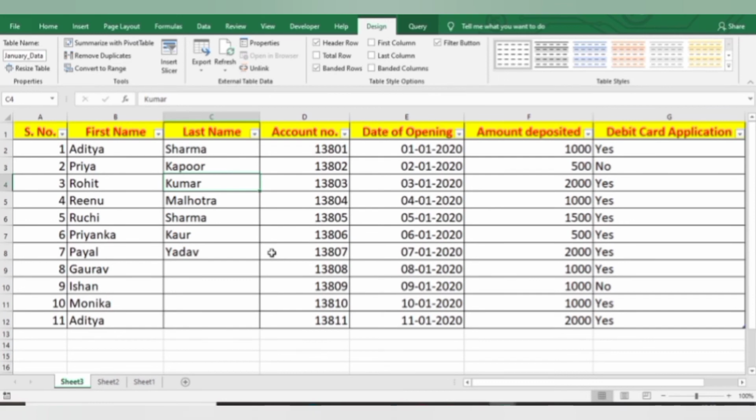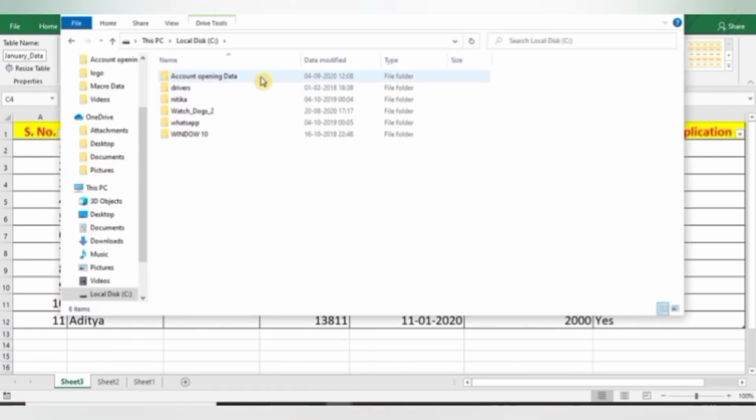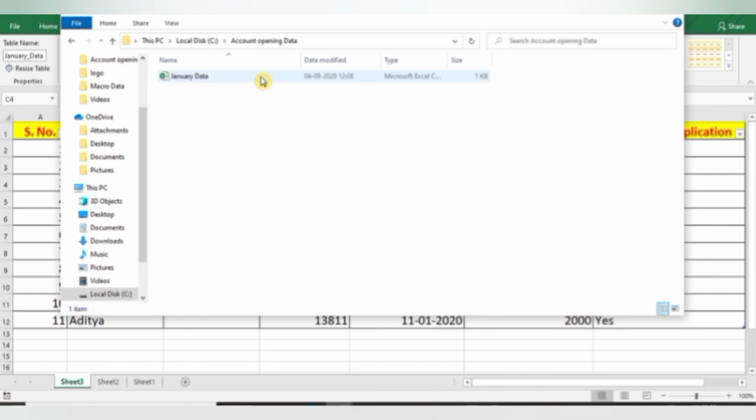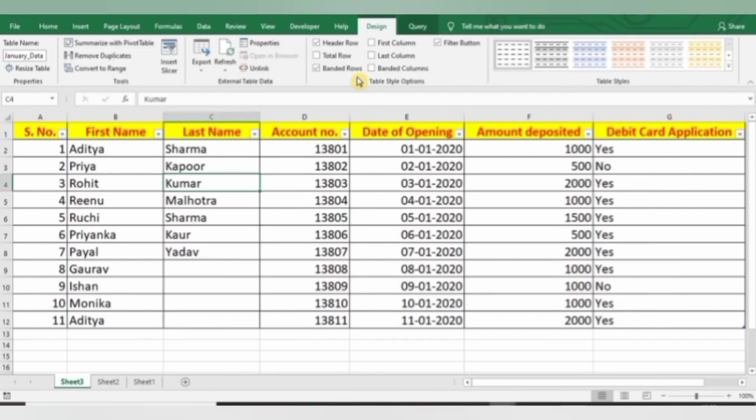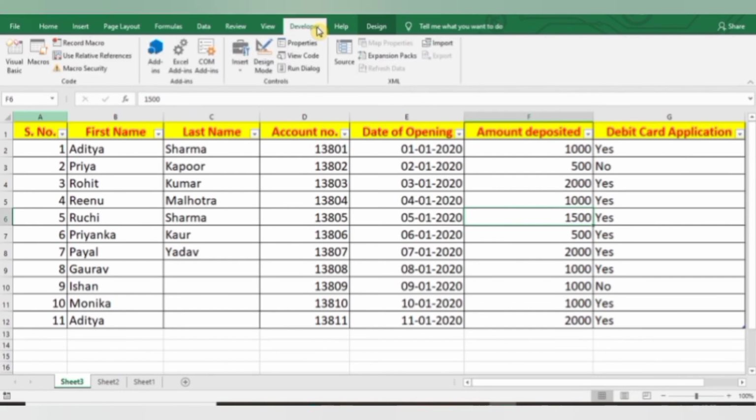Now if you want to add some more data in your CSV file and then you want that particular data in this workbook, then you just need to go to your CSV file. So this is my CSV file, and then simply make some changes in your CSV file and then again save it. And so now I have made some changes in my CSV file. Let's see how can we see that changes in this macro enabled template.